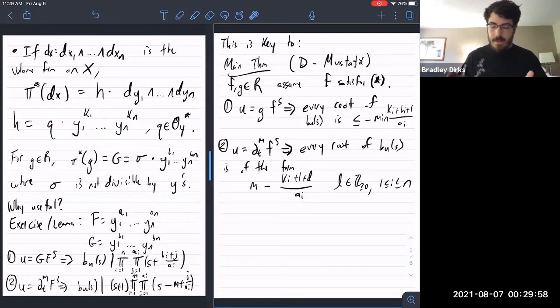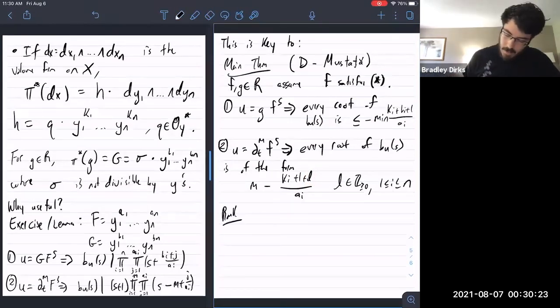It's really just a hope. I state it in this way because this is the way that an application will be used, if I have time to state the application. But here we get very explicit control over what the roots look like. And we'll actually see later on why we have to move by some non-negative integer, why that l has to be there. So maybe a remark is if we let m equal 0 in 2,